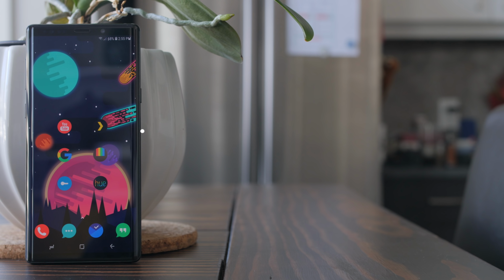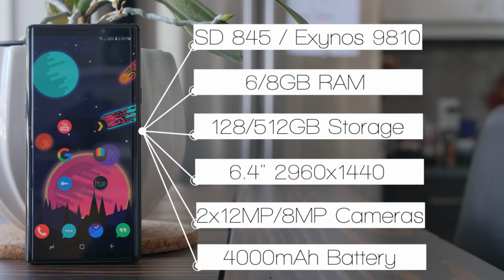So on paper, the Galaxy Note 9 is really impressive by today's standards, but it starts at $1,000, which by today's standards is bloody expensive. Like, some of us are gonna have to sell our current phone, sign a 2-year contract, and make a stop off at the sperm bank to afford this bastard. But it's not the first high-end phone to reach that price point, and I'll be honest, you do get a